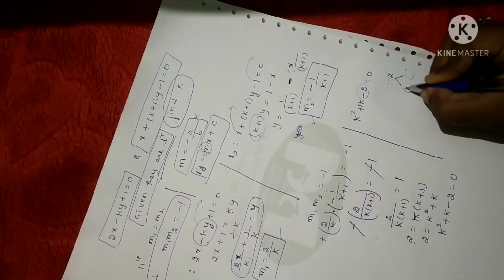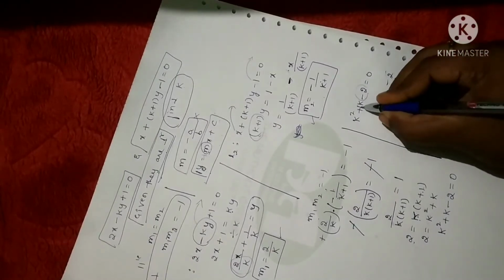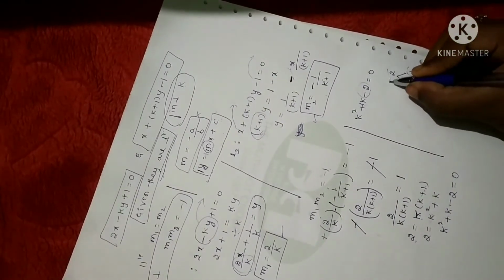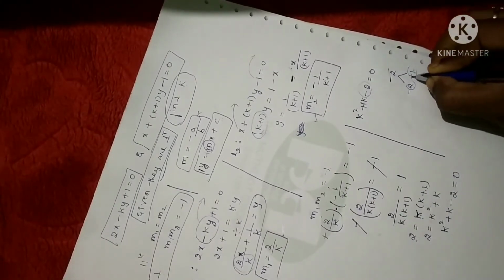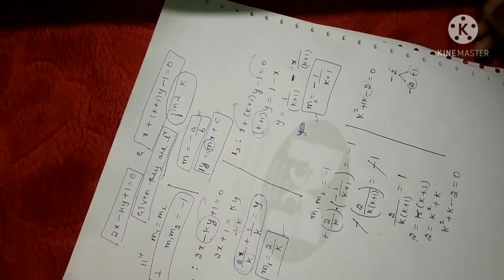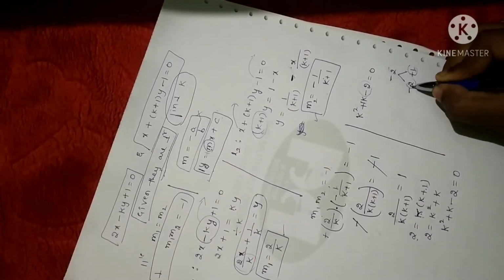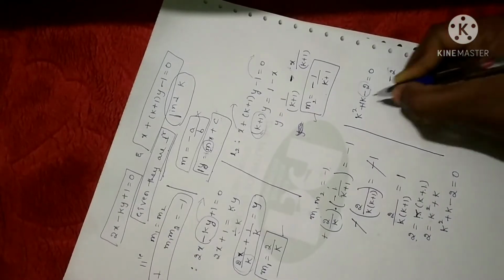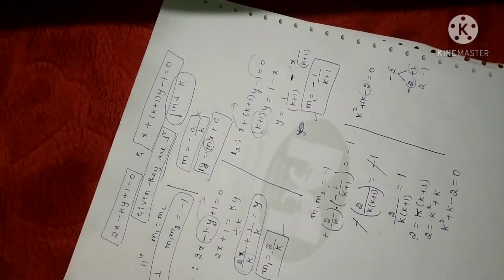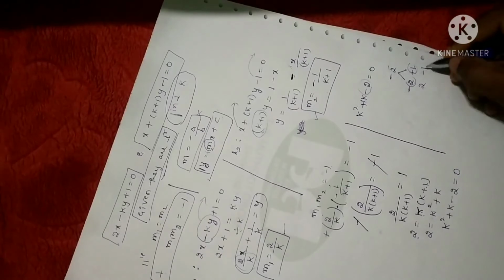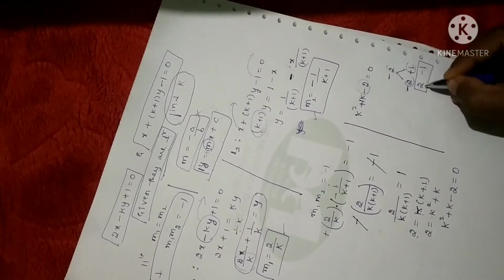Suppose the factors for 2 are 2 into 1. The only factors are 2 into 1, right? Now, 2 plus 1 is 3, but what we need is 1. And when you multiply, you should get a negative sign. Let me put a minus sign for 2 and a plus sign for 1. So minus into plus is minus, 2 into 1 is 2. But minus 2 plus 1: the largest number is 2, and for 2 you have a negative sign, so you get minus 1. But what we need is a plus sign. So I'm going to write plus 2 minus 1. Now multiply these two: 2 into minus 1 is minus 2, and 2 minus 1 is 1. So the correct factors are 2 and minus 1.